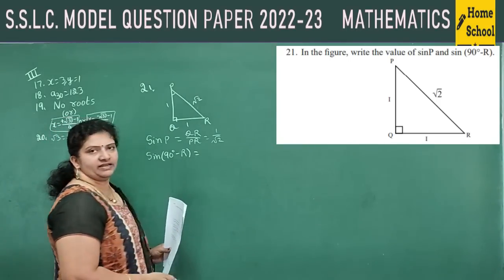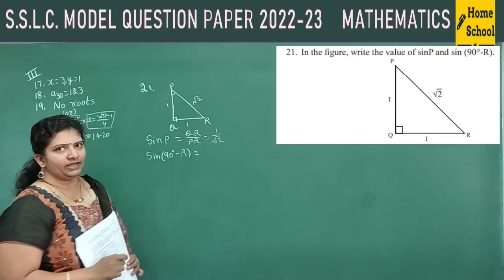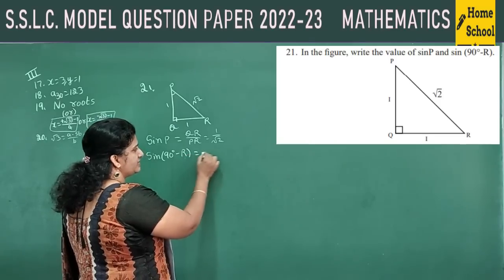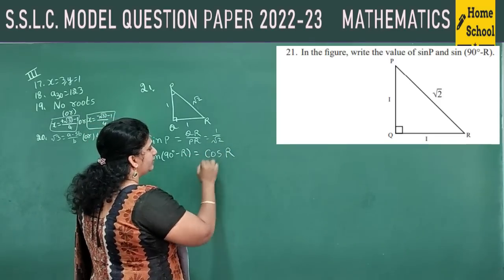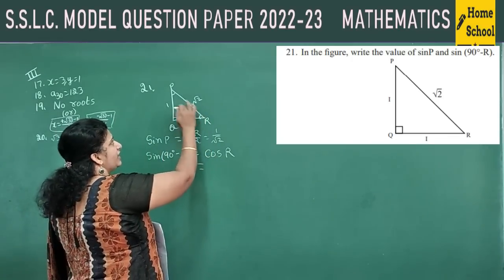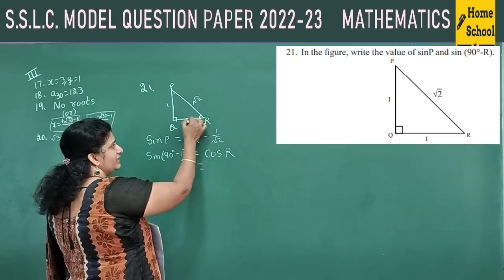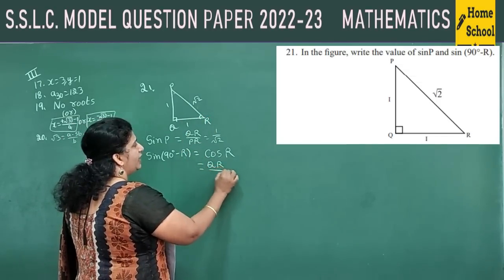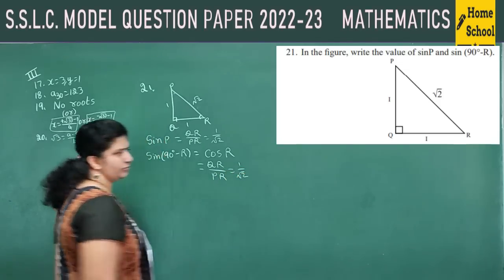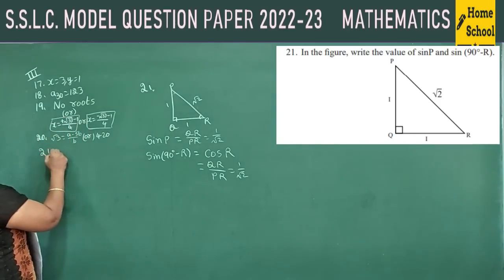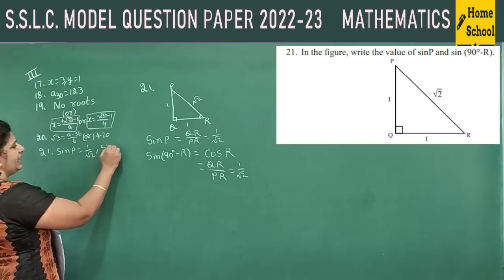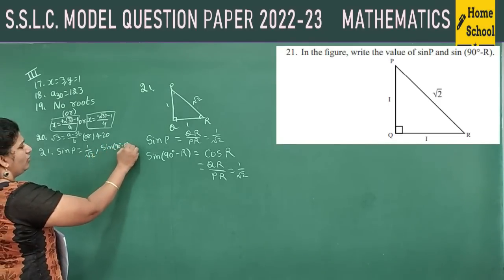Next one, sin (90 minus R). Complementary angle you should remember. Sin (90 minus theta) is cos theta. So your theta value here is R. Cos R. Cos theta ratio is adjacent by hypotenuse. Your R acute angle is here. Now for this adjacent is QR and hypotenuse PR. So again you are going to get 1 by root 2. So your answers are sin P is equal to 1 by root 2 and sin (90 minus R) is also equal to 1 by